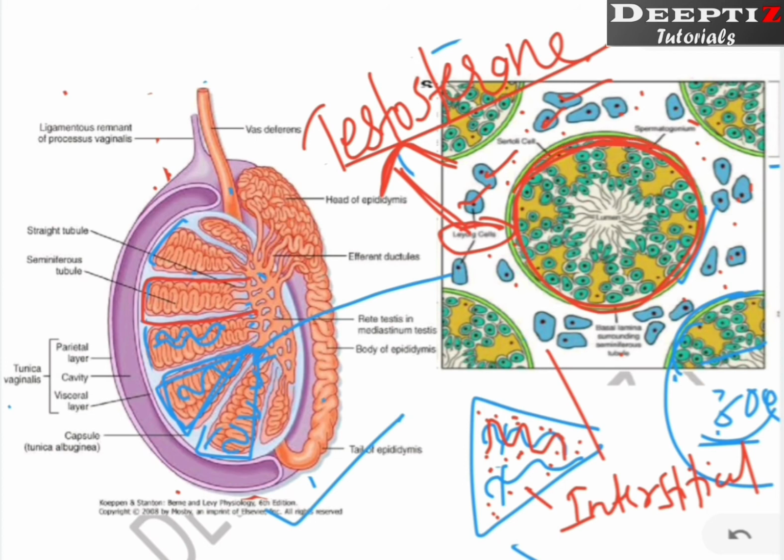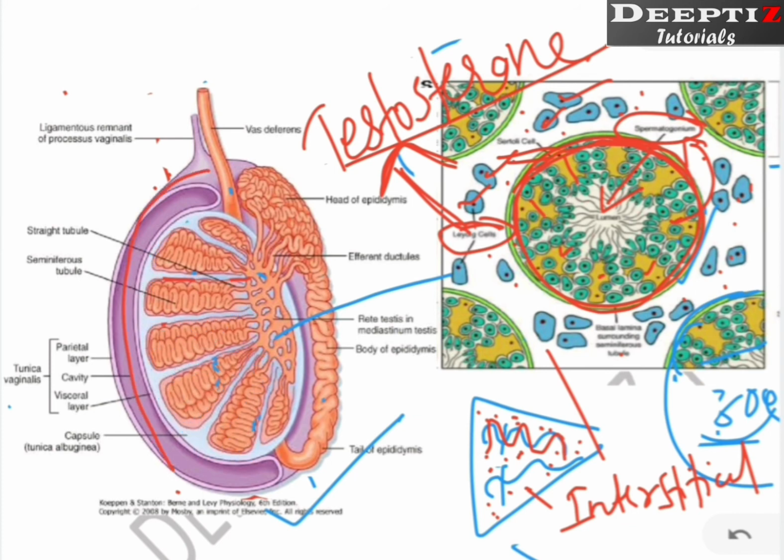And what is there in the seminiferous tubule, which consists of spermatogonium that is going to develop into sperm, and Sertoli cells which are there. These are the Sertoli, these yellowish or greenish colored ones, we can say Sertoli cells, that will nourish the spermatogonium. Or at a glance, what can we say? This is the structure of the testis. Each testis is divided into a number of lobules. Each lobule produces two things.